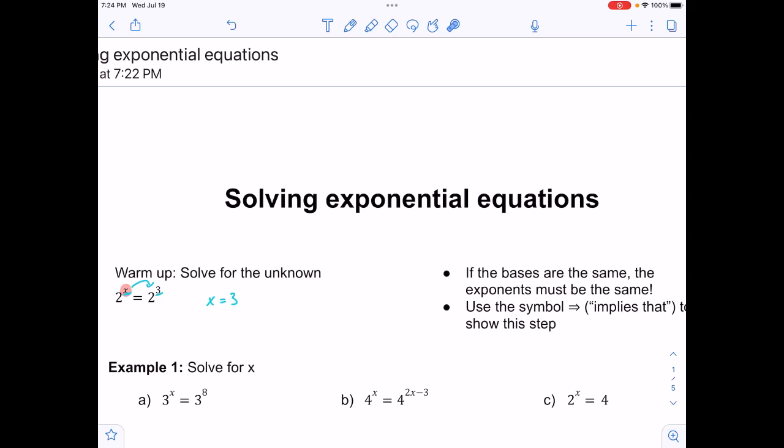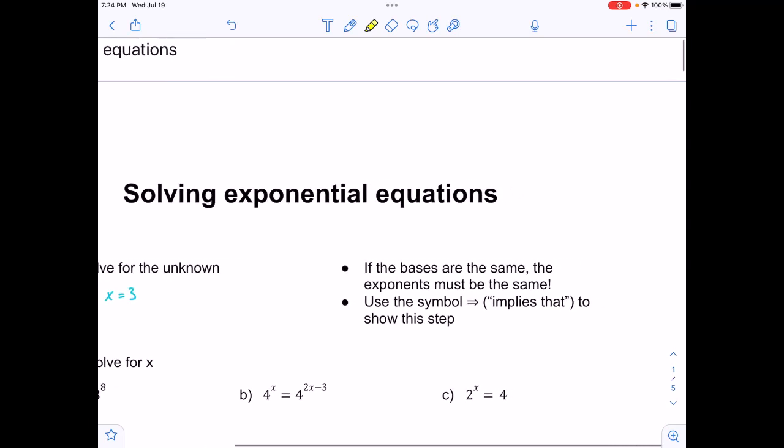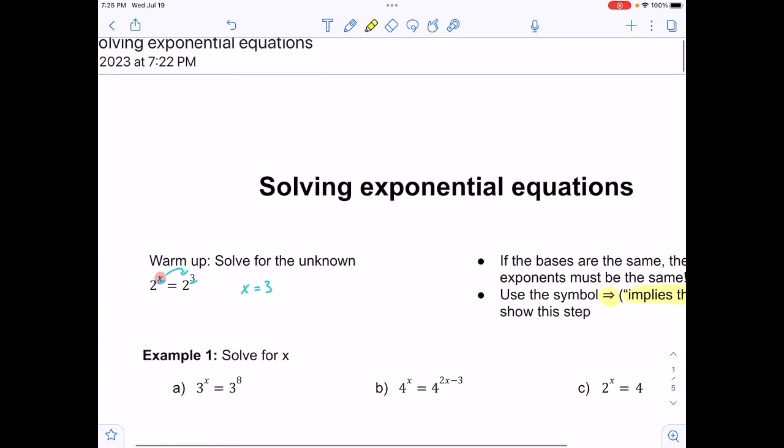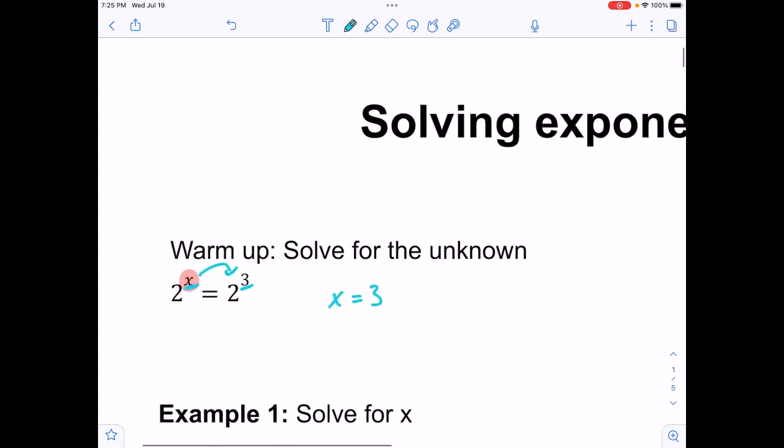Now we cannot just jump to this whole x equals 3 business. We need to use the symbol. It's like an arrow that has 2 lines in it, and what it means is "implies that." We need to use that in order to show the step that we're jumping to, okay? So this is how my answer would look. I would have my x is equal to 3, but then I would draw this little arrow either before I even write my answer or after, and it's actually just going to go underneath. Okay, so we have the implies that,